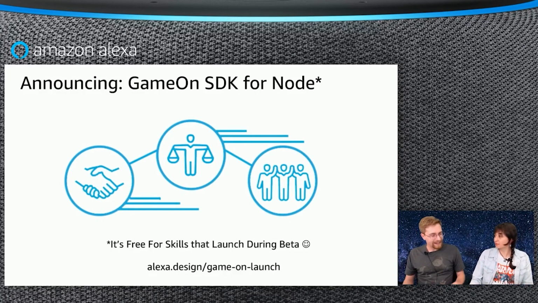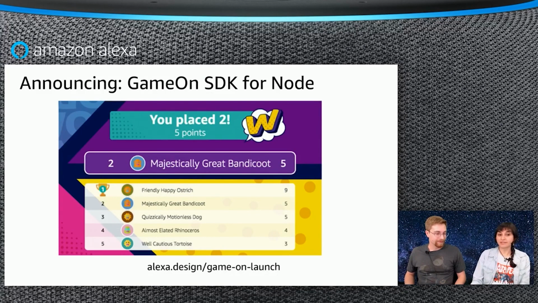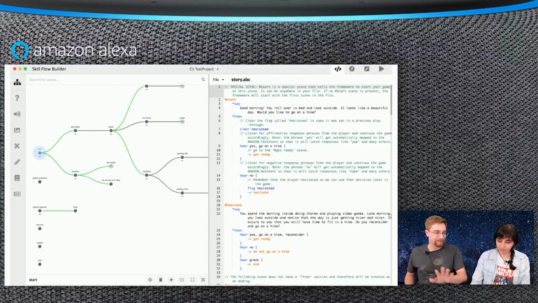It is a little heavier than that, because there's some configuration you need to do in the GameOn console, but it actually comes with some helpers as well. Some of those funny names are all done by the SDK if you choose to use it, as well as the APL document, which renders that leaderboard, and you can bring your own brand into that. Very good. And this is a sample, like we talked about Word Word, and they're using the GameOn SDK for Node. If you want a different kind of background, you can absolutely do that.